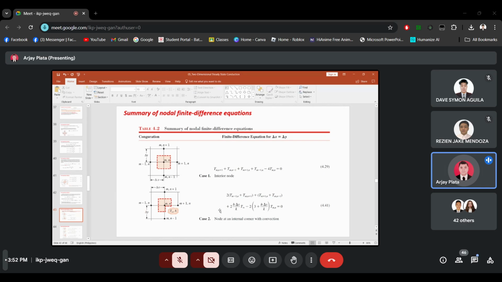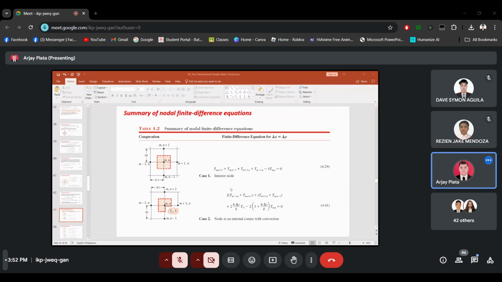You don't have to memorize this because it's already on your table. I'm not sure about the page. Can you check it? If you can see, it's already provided. So during the exam, if you are given these condition cases, you just have to use this equation to solve for the value of the heat resistance or heat rate.